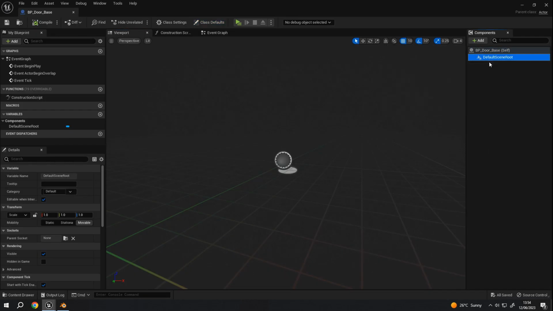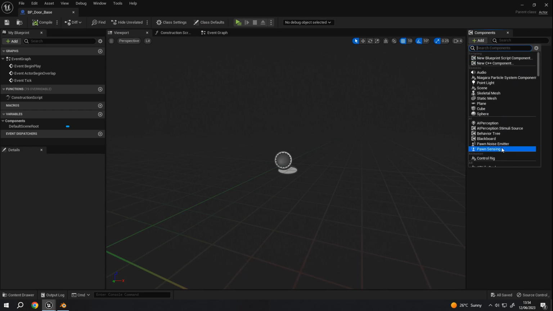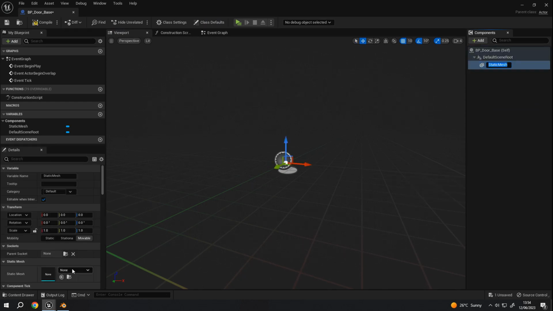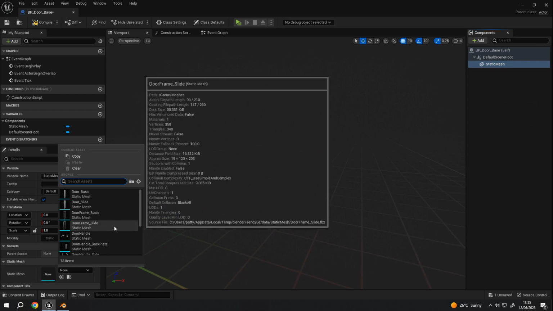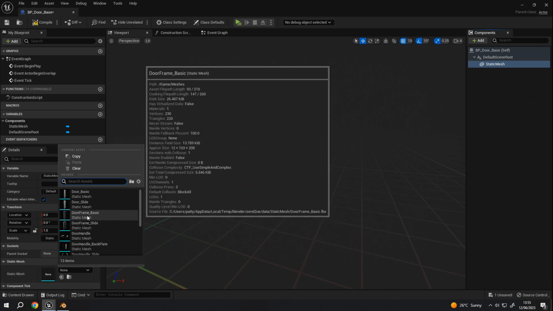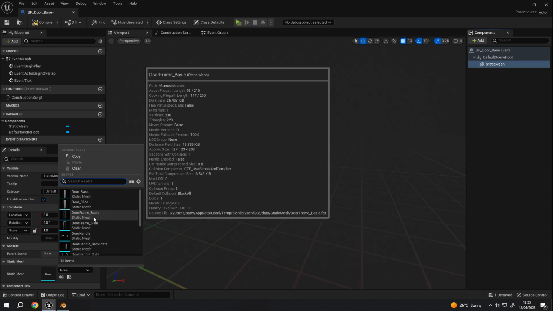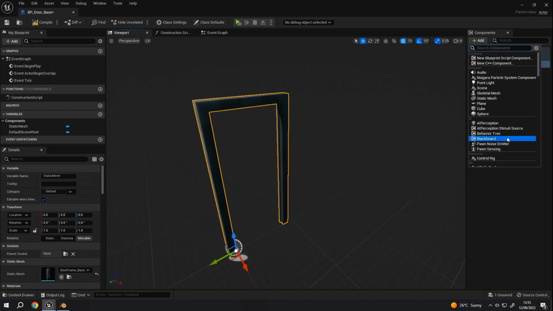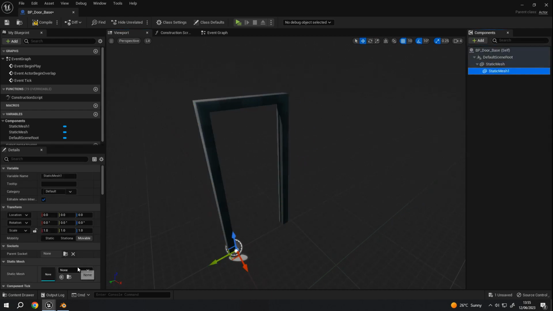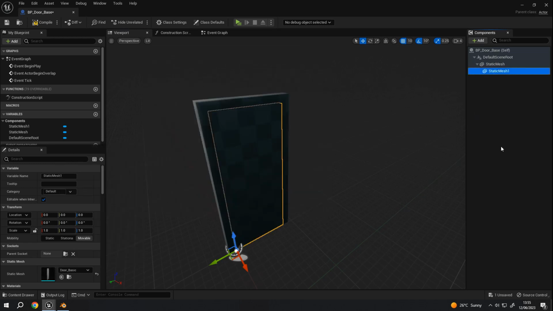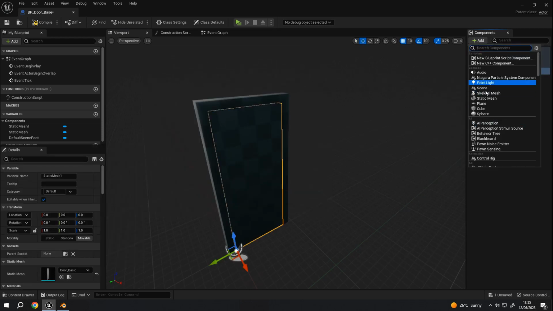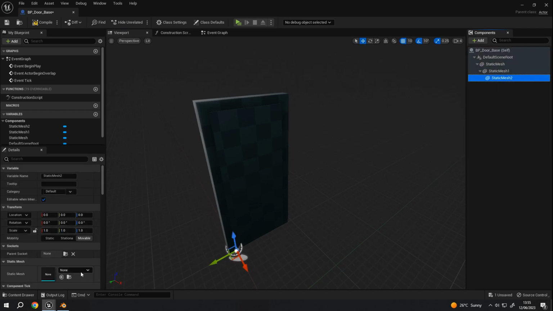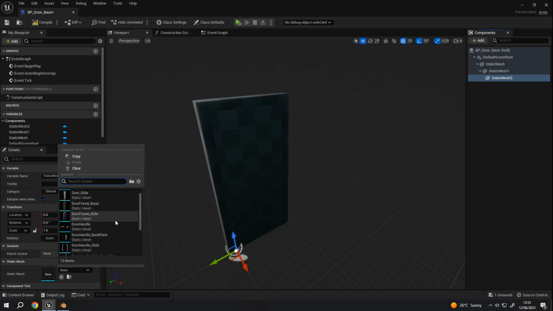So there's a few things that we do need to do with this first. So we can go ahead and add some static meshes in here. Because I've already got some set up, I'm just going to use them as a base, just so we've got something to view. But from the base blueprint, they won't actually do anything. We'll set those up in some child blueprints in a second. So start with the door frame, and then we can add a new static mesh, and that can be the basic door. And then onto the door mesh, we want to add another static mesh. That's going to be for the back plate,